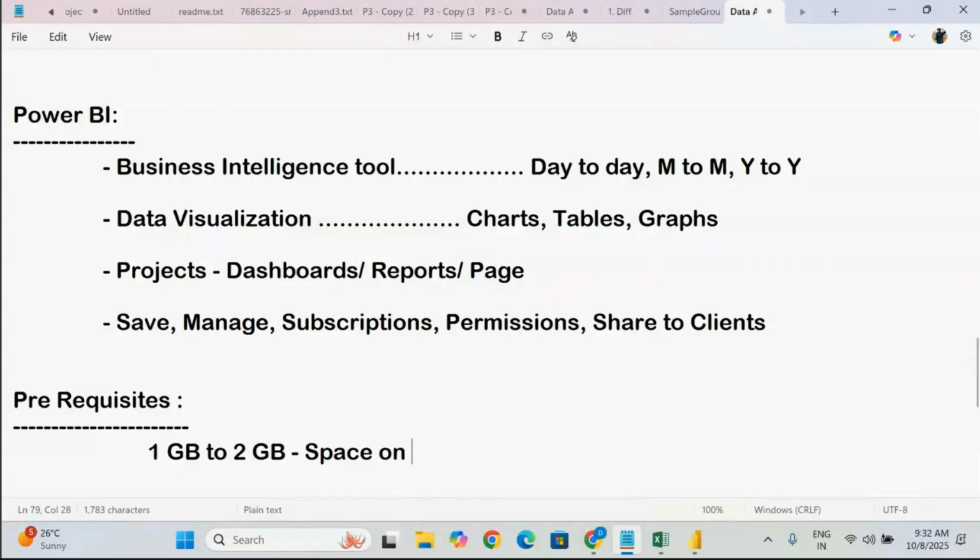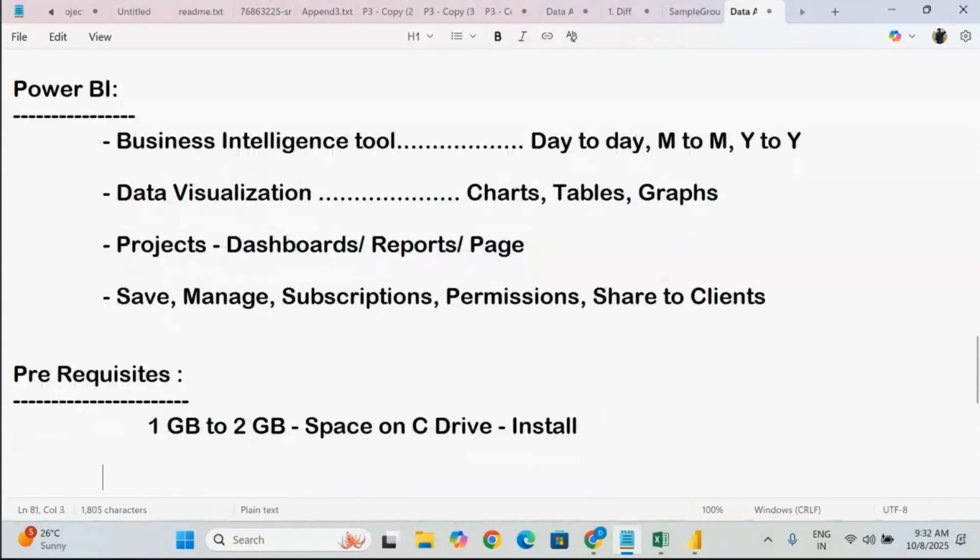Space on your C drive, let me write fully, to install your Power BI alone, because the Power BI is only the entire project that you need to complete, and I will explain how to do that as well. The next step you require: once you complete your project, you must save it. Not only the report dashboard, along with that you must save your data as well. For that matter, minimum 15 GB to 20 GB is required